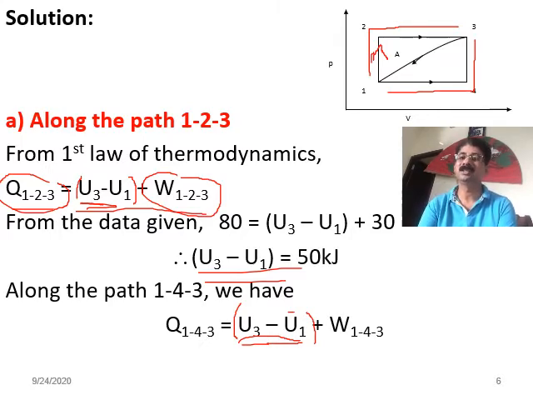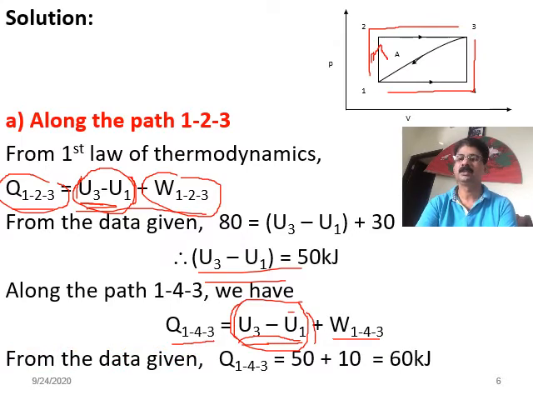It doesn't change for the path 1, 2, 3 as well as 1, 4, 3. So this term U3 minus U1 remains the same. The remaining quantities are heat Q143 and